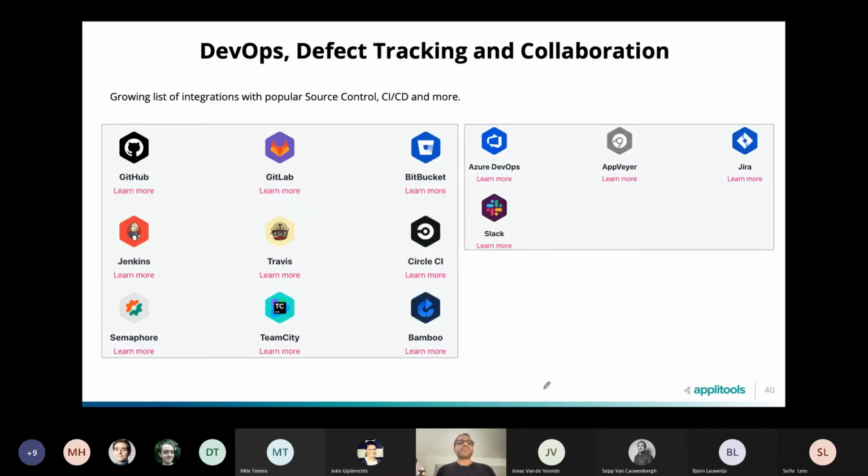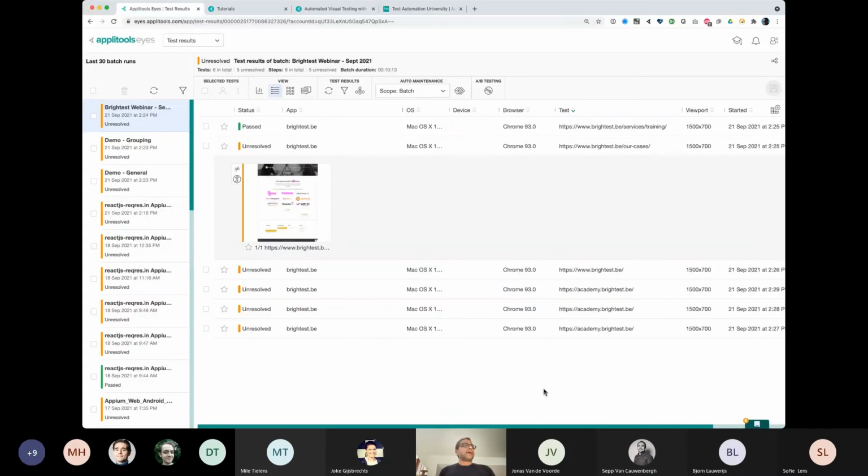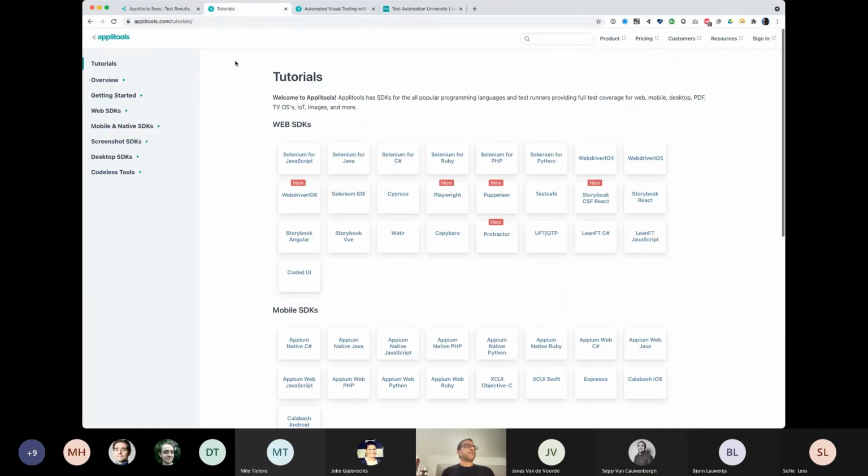So with that, I'm going to stop talking from slides, and I want to actually show you how this works in practice. OK, so I'm switching to the browser now. I hope my browser is still visible. If you go to the applitools.com/tutorials page,